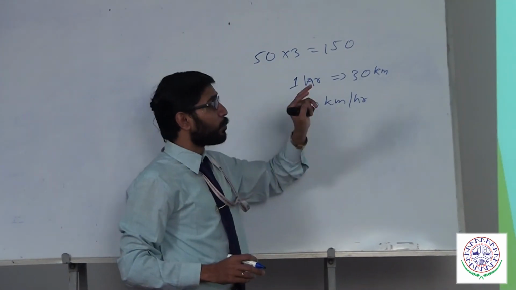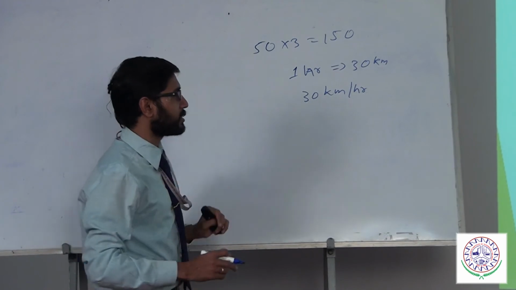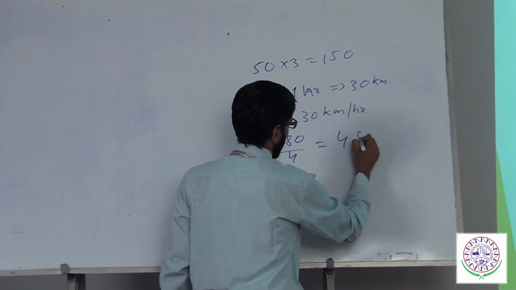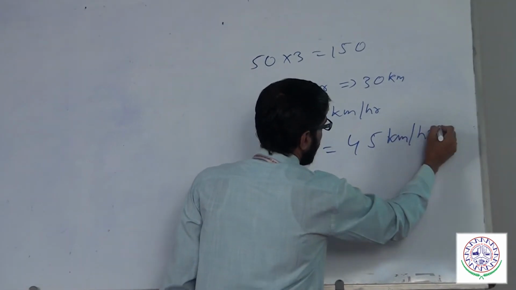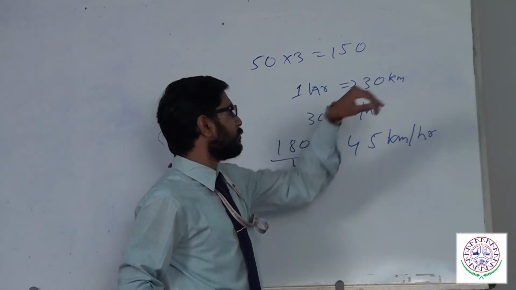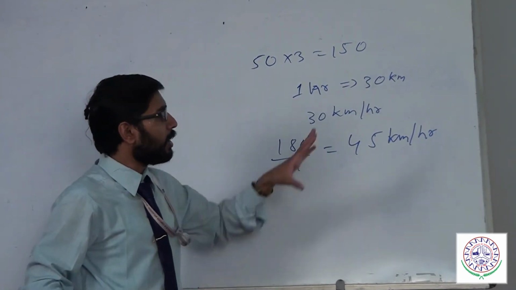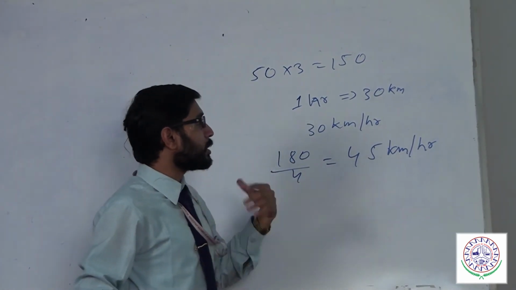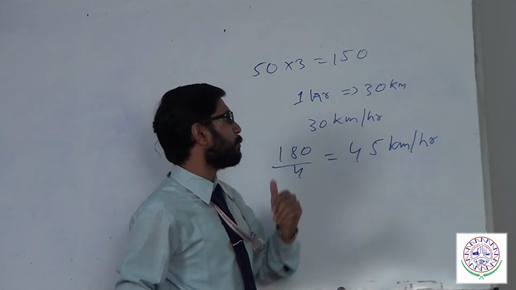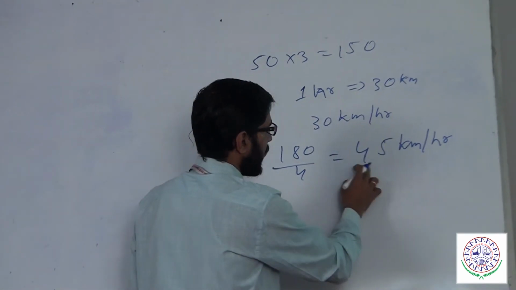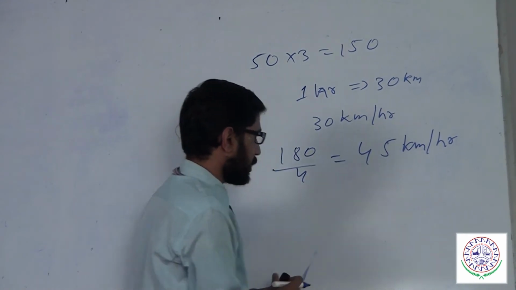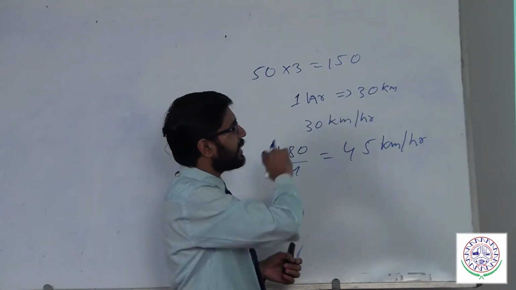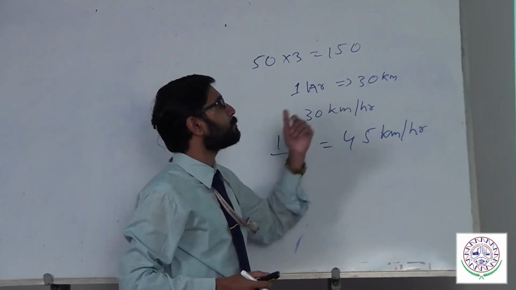A car driver completes a 180 kilometer trip in 4 hours. If you take the average of 180 by 4, you will get 45 kilometers per hour. If he covers this in 4 hours, his average will be 45. Now, he averages 50 kilometers per hour during the first 3 hours. With the normal rate, he would cover 45 kilometers per hour. But in these initial 3 hours, he is going at 50 kilometers per hour.